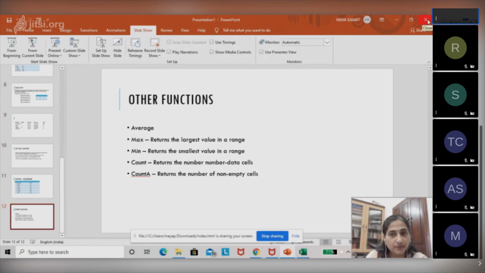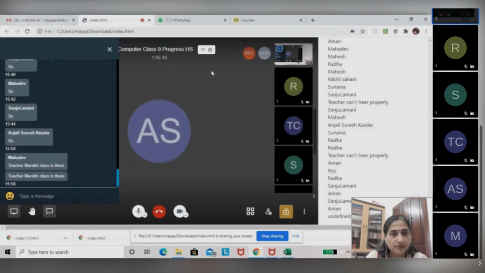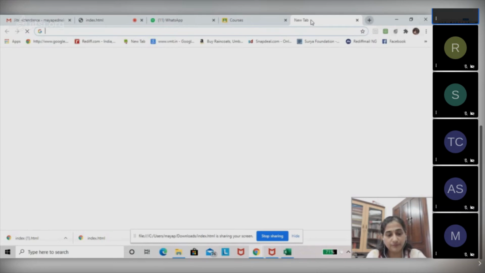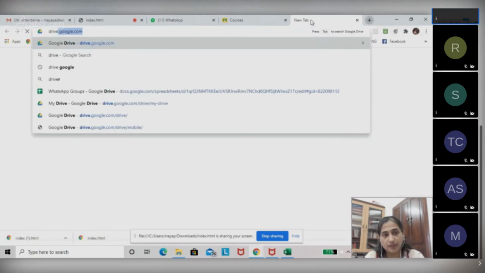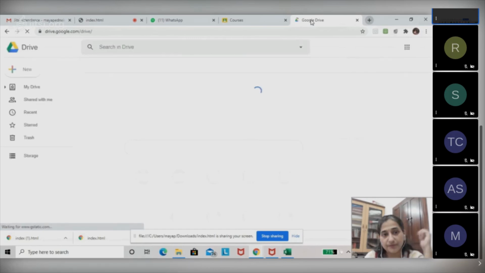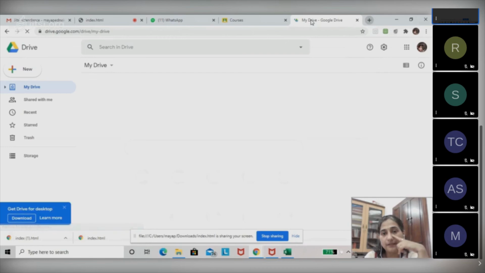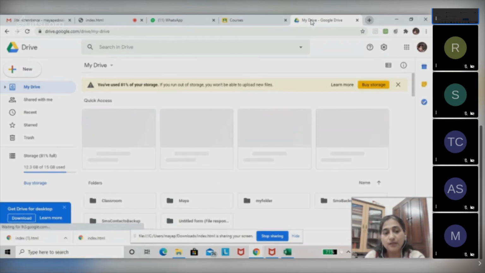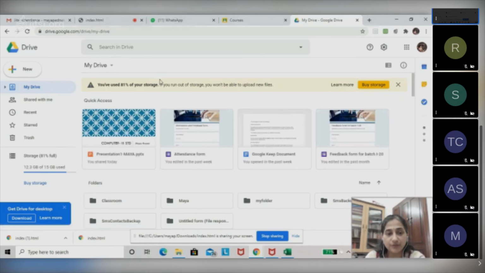I had also started with a second one for you. Am I right? Now, most of you were struggling to open it because the link was given of my drive. Whenever you're struggling to open, do not panic, because it will send me an email that somebody is trying to open a particular file whose link I have shared with you.